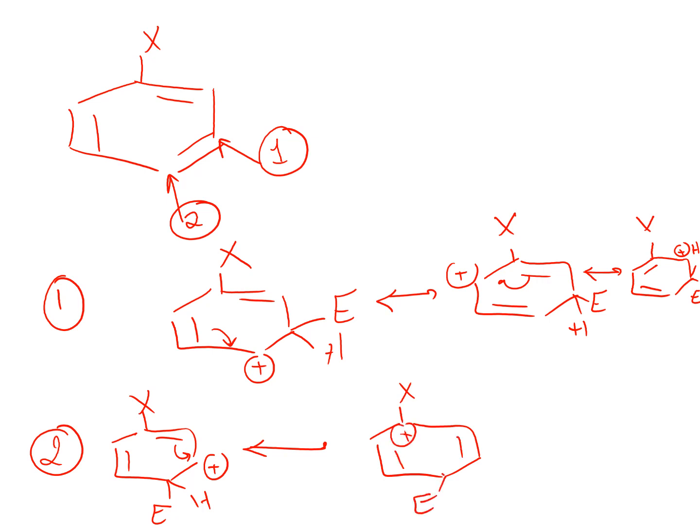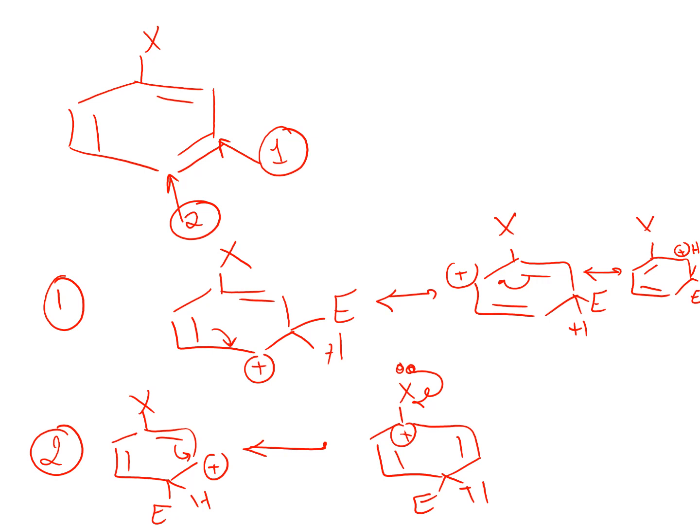As you see, you have placed a positive charge on the carbon directly attached to the halogen, so the halogen will have to give its electrons by resonance to the ring to help the adjacent carbon. So this is why, even though halogens are electron withdrawing groups, they will direct the new electrophile to the ortho and para positions. I need you to remember one thing here, which is that you will never be able to